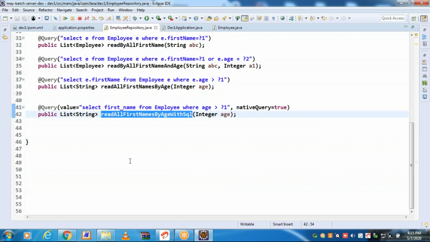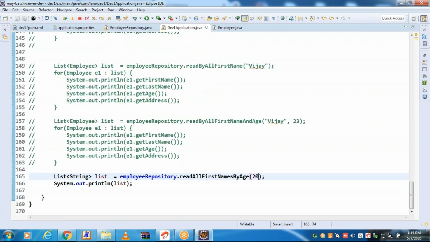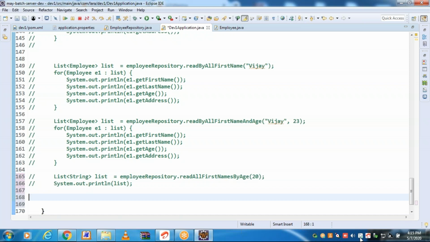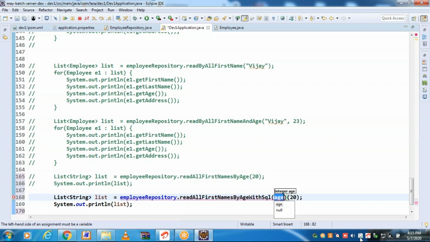Let us call this one. Go to the application class. In the application class, I am commenting the last two statements. With SQL, supply age as 20.